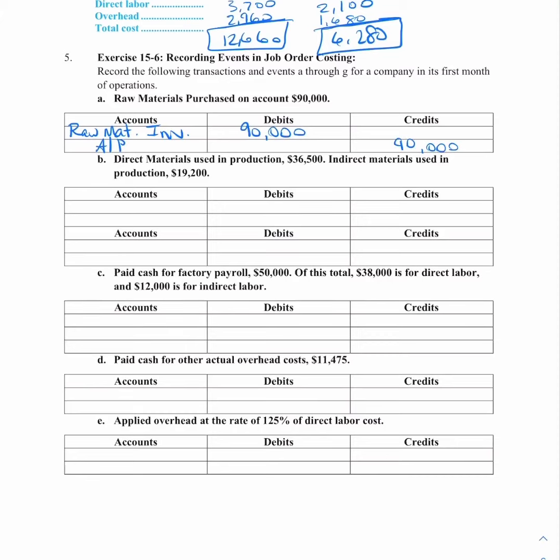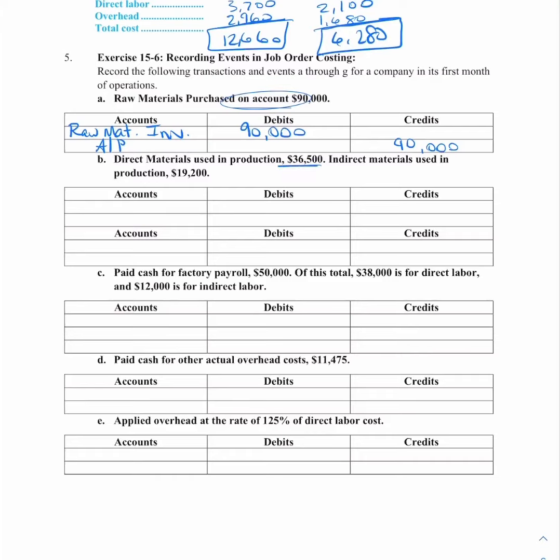And you say, well, why is it not cash? And it's because they were purchased on account. If it just said record the purchase of $90,000 of raw materials, I would accept cash or accounts payable. But in this case, it does tell you specifically on account, and for that reason, it is a credit to accounts payable. So next we see direct materials were used in production,